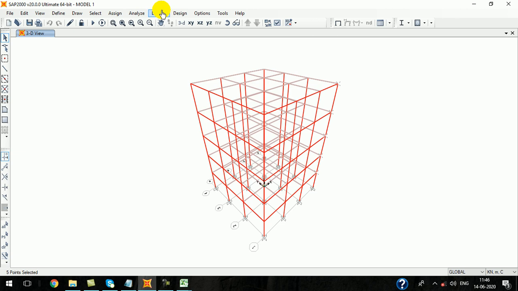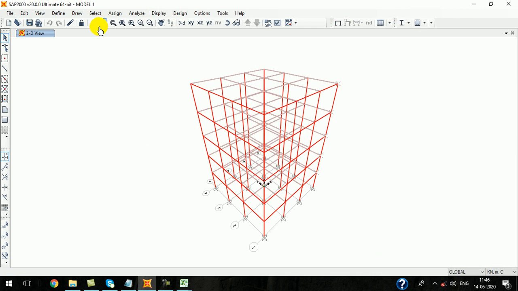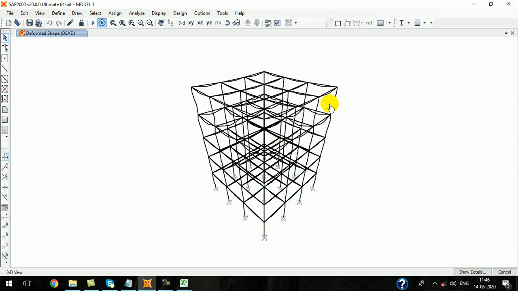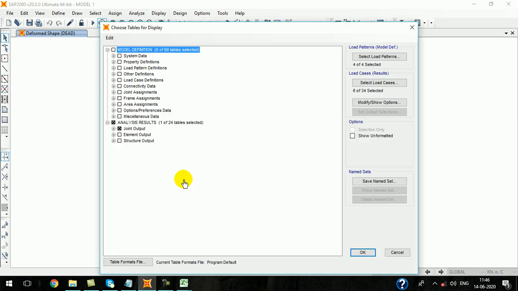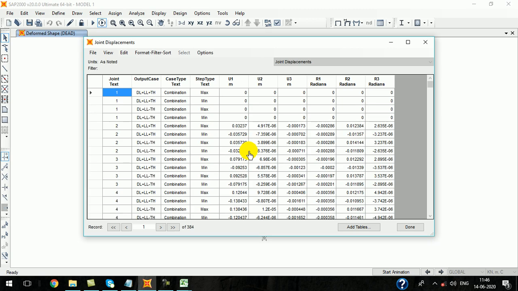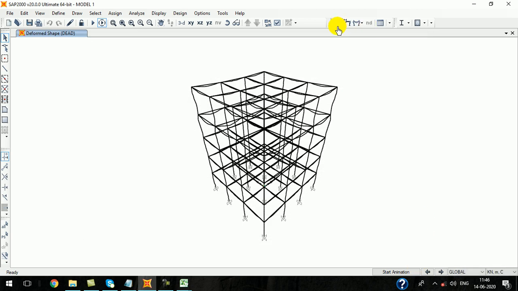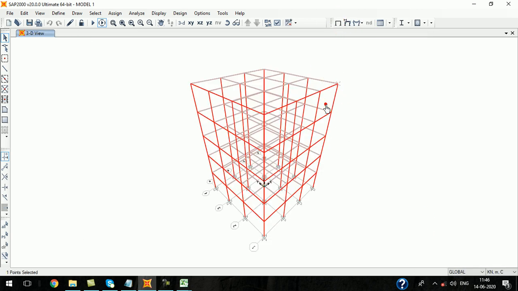You select everything, go to Display, Show Tables, Joint, select load case. Now dead load plus live load, and dead load minus live load. Click OK. I think it is given for all the nodes. Instead of that, we need only one node in all the stories.